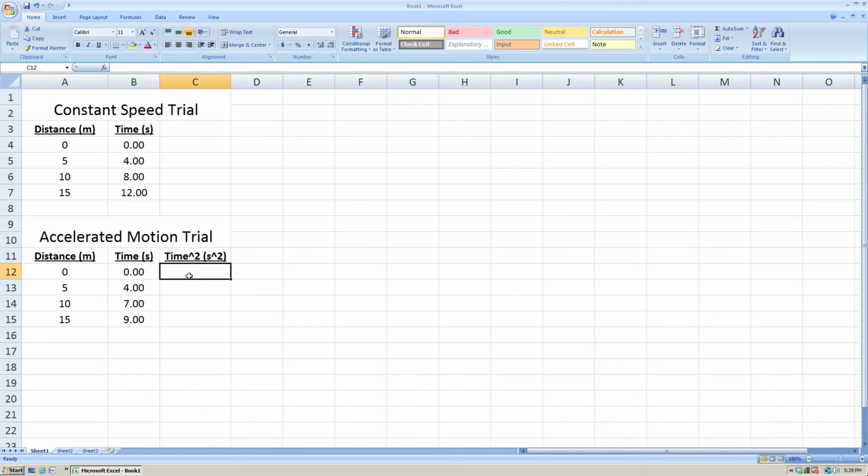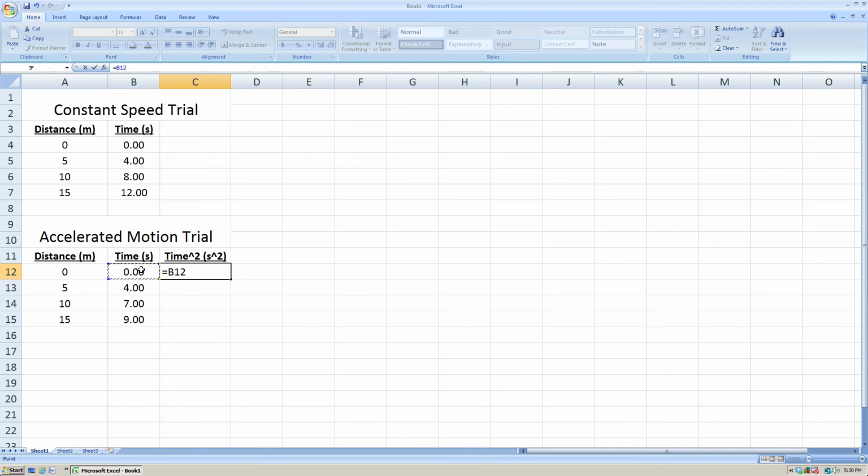And I'm going to move my cursor up top until I get to what is called the formula bar. And if you click inside of here, we're going to give it a formula. We're going to tell it to equal the value that's to its left squared and put that value in that cell. So to do that, in the formula bar, I need to enter equals, and then I'm going to tell it what I want it to equal. I want it to equal the guy next to it, and I'm going to click him,